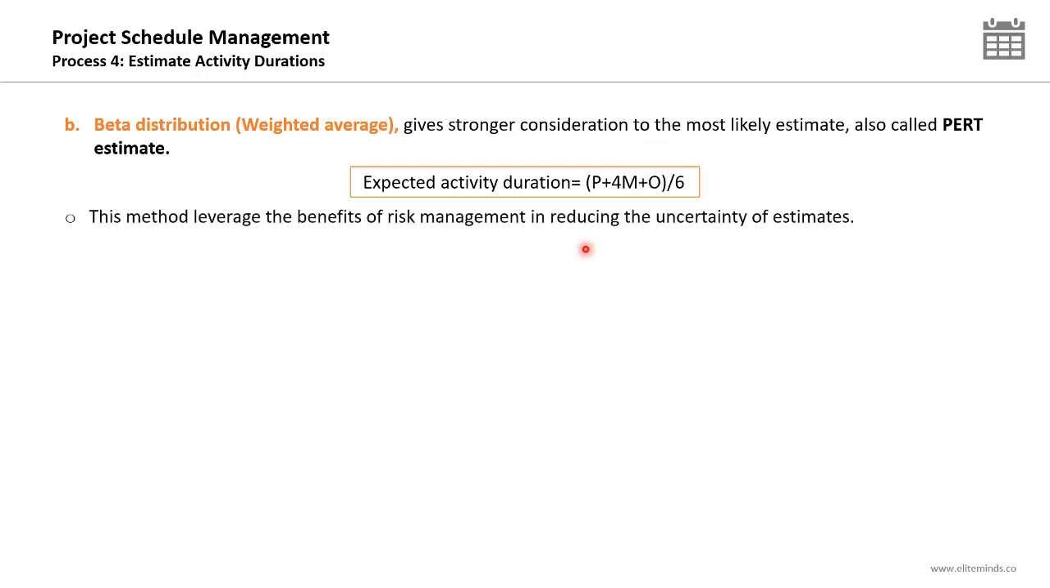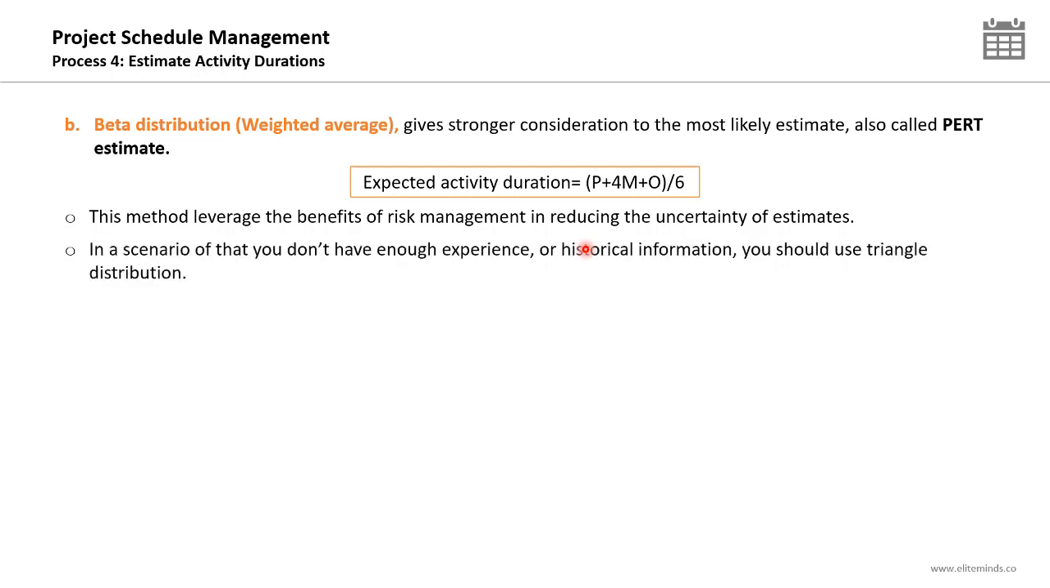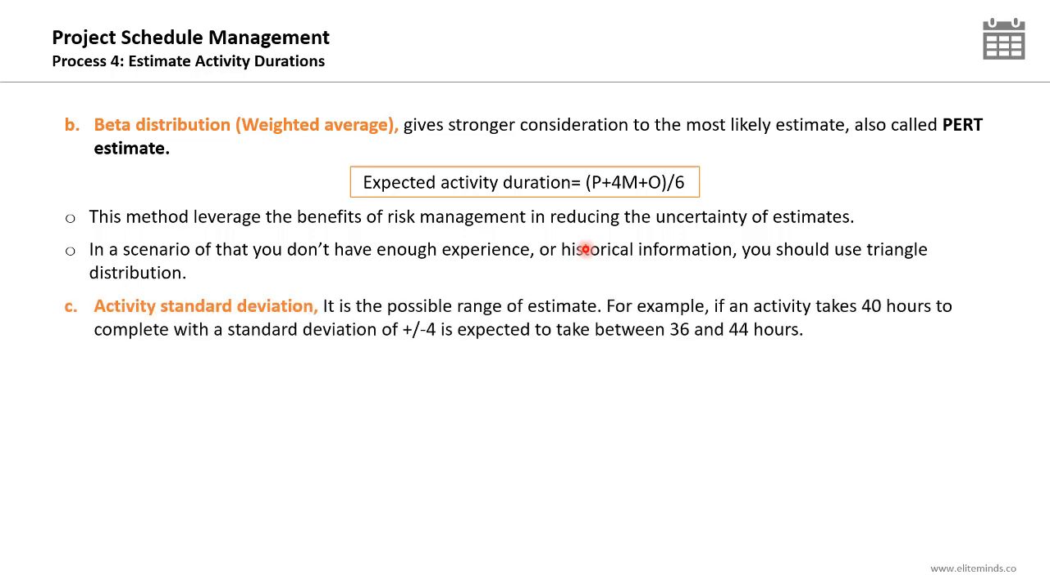This method leverages the benefits of risk management in reducing the uncertainty of estimates. In a scenario where you don't have enough experience or historical information, it's enough to use the triangle distribution or the simple average. Now, another formula which is important and related to the PERT formula is the activity standard